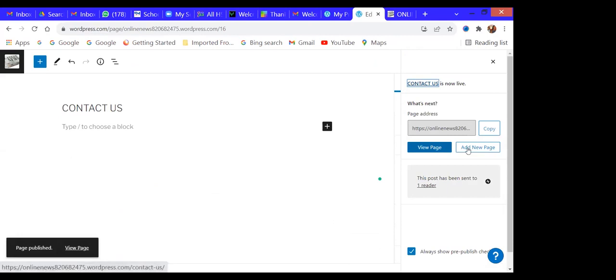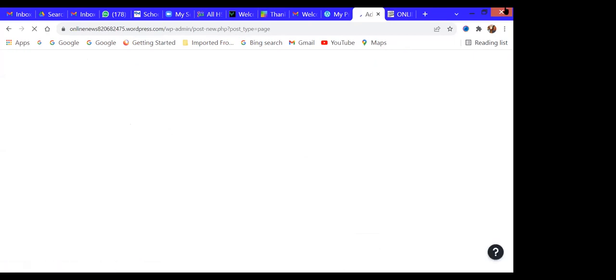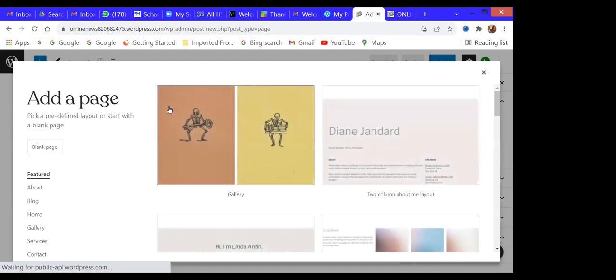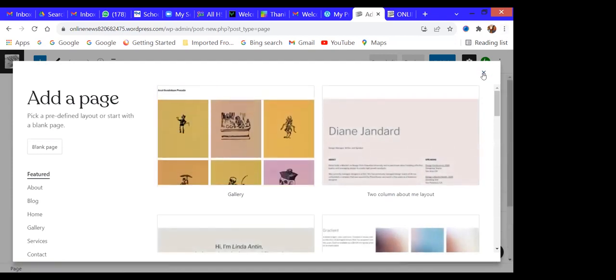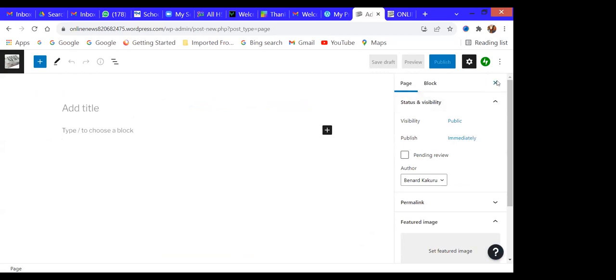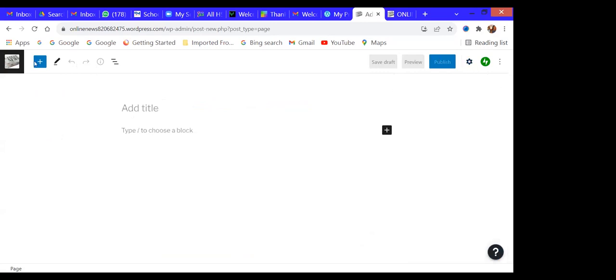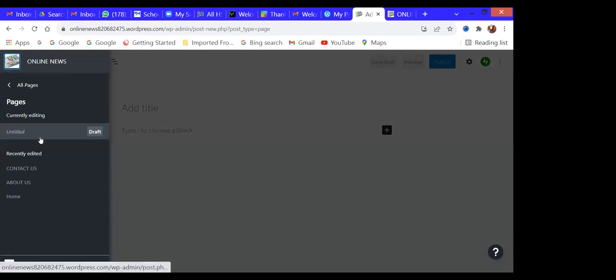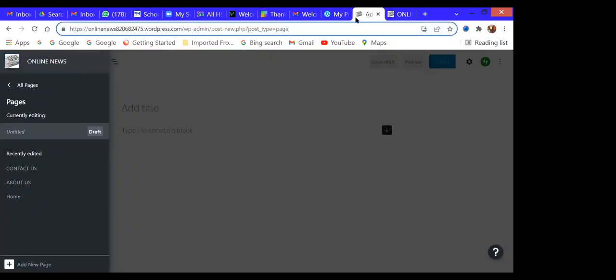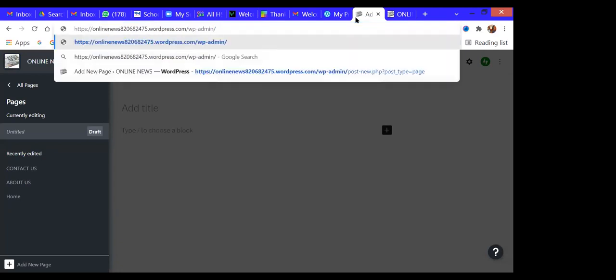Okay. So in case you want to add another page, you can still tap there and you add a new page. Okay, so that's the same procedure for creating the pages. Okay, so from here, we need now to create menus to our pages. So we can go back to the